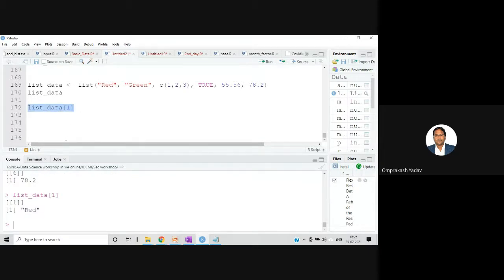Let's say if I want to access the second element, I'll say list data 2, and it is going to give me the second element, that is green. Now the third element: if I write list data 3, it is going to give me the third element, which itself is a vector, 1, 2, 3, right? Now what I want is to access, in the third element, the first element. In the third element, I want to access the second element. So how can I go ahead with that? I'll have to mention it this way,